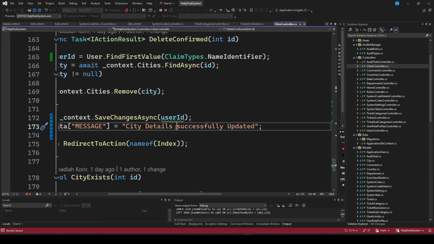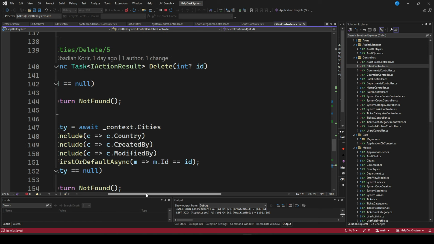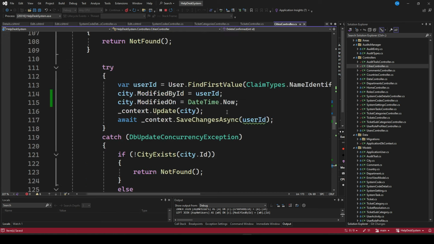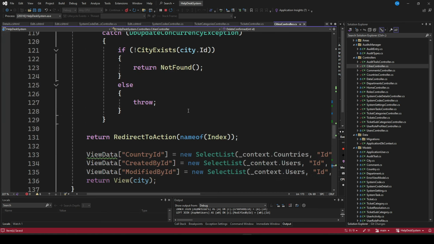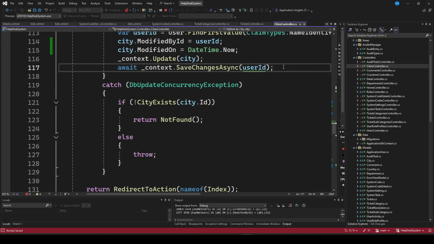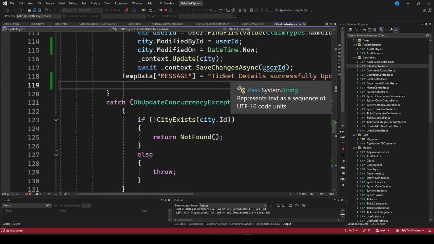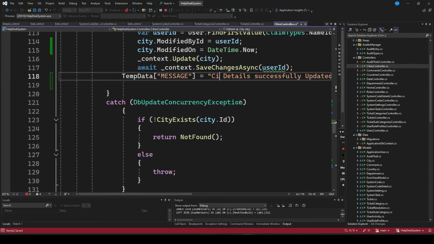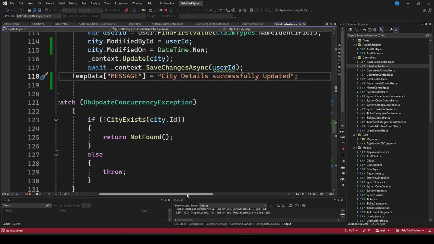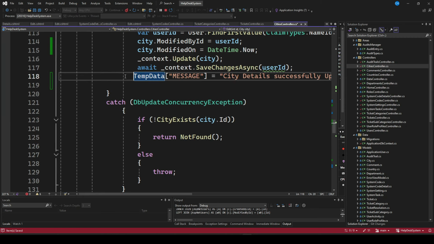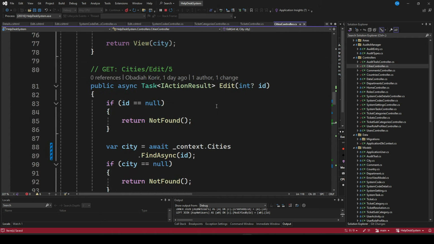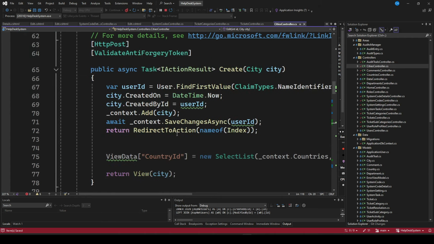city details successfully deleted. So you can say it's deleted. So you can also have it on updating, like here. So I'll just do here, can say here city details successfully updated. So that is it. You can also come here and say for the creation, I can add it here,